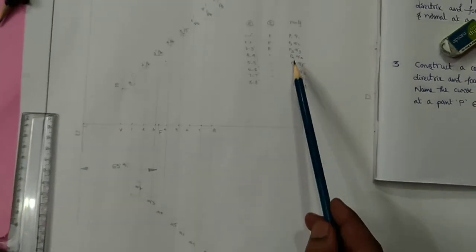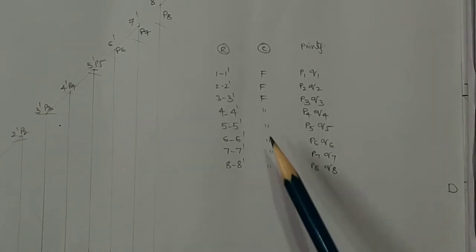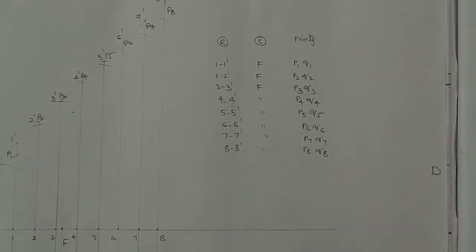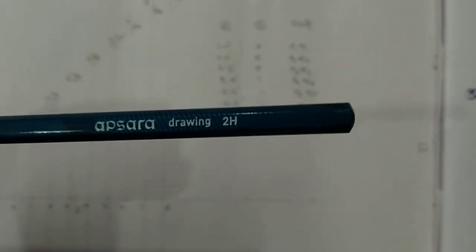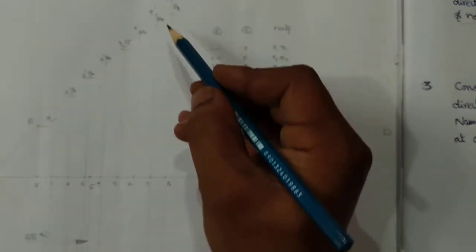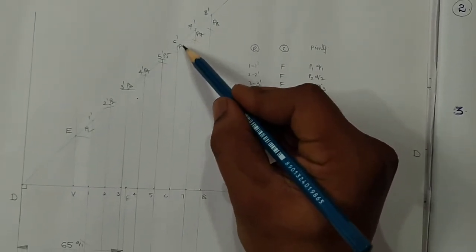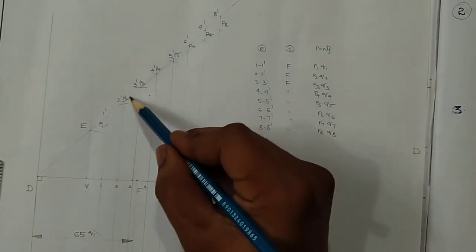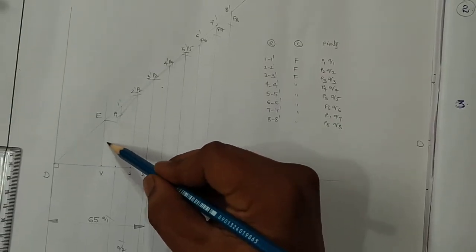So here I have written the procedure for the purpose of finding these particular points. So you can follow this procedure also to obtain these particular points. So next, with the help of a 2H pencil, we should join all the points in the correct sequence with freehand. So initially we can join these points with a 2H pencil, so that here we will be getting the guide curve. So on that particular guide curve, with the help of an HB pencil, we will be getting a darkened curve.